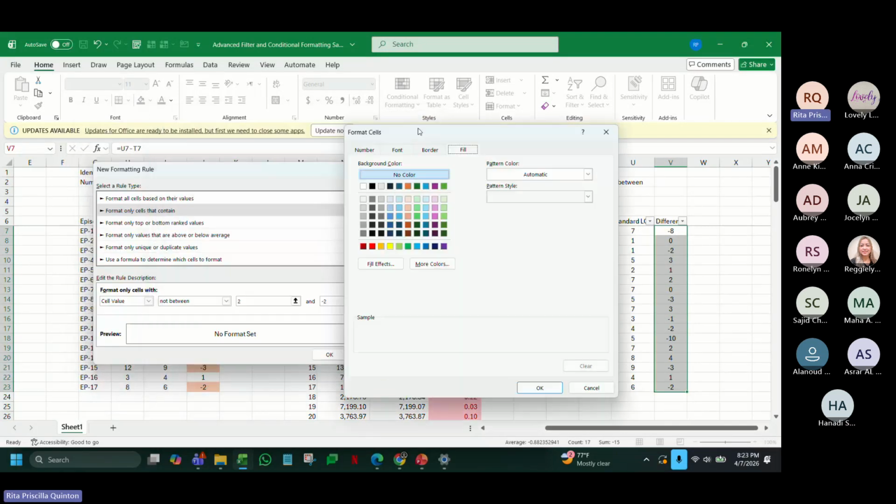Okay, and once Excel tells me this is your -2, this is -8, how do you want it to be formatted? So I want it to be colored.